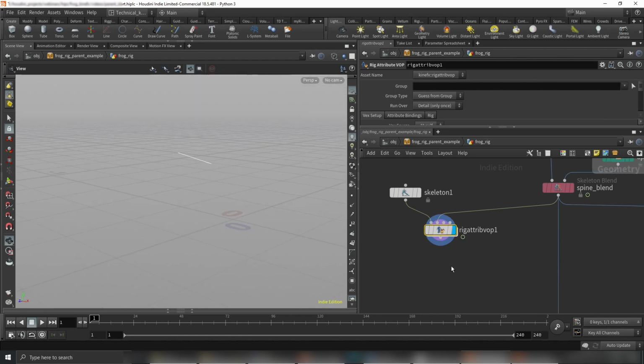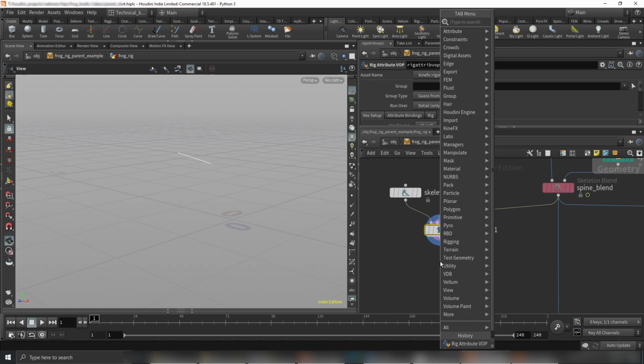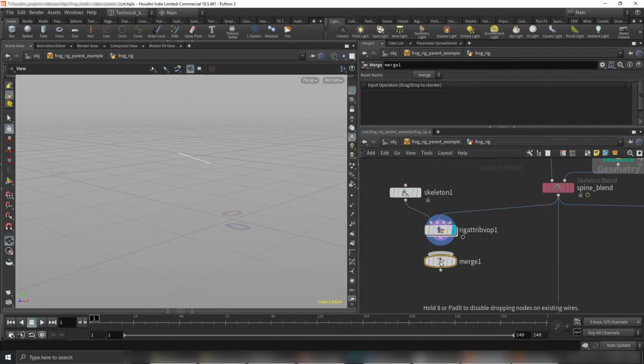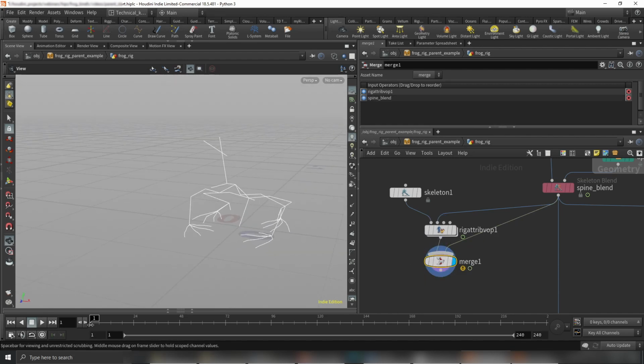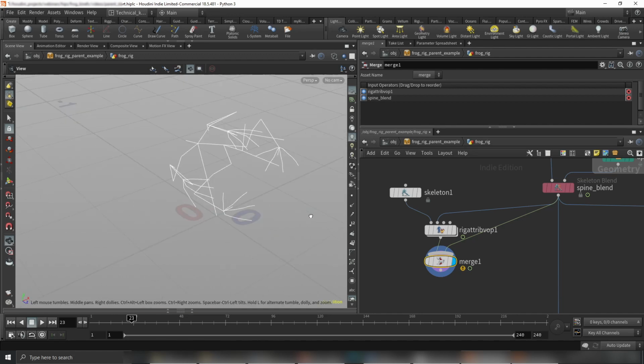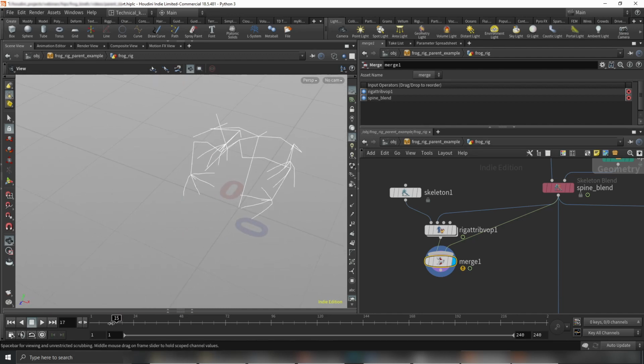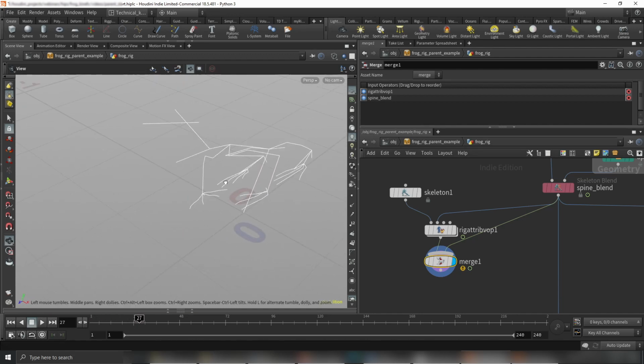If you want to see both of them, the skeleton and everything, we can use the merge node. Let's do it. That's just for visualizing it. Why not? We can merge those two skeletons just for visualizing. Okay. But now, if you scrub the timeline, you can see our head fun is basically following the head joint. Wow, that's pretty cool. And that's it. That's how you do